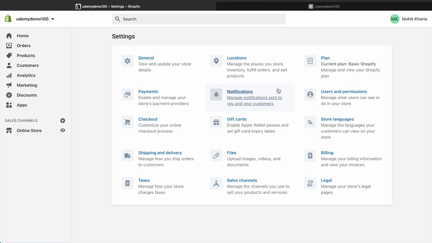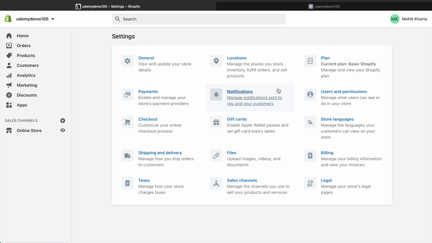In this lecture, we will create our pages, which are the main pages that are a must for your online store. You can't go public without having these pages. So we will go through all the necessary pages which we need in our online store.